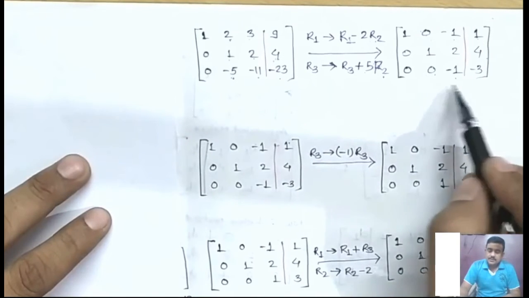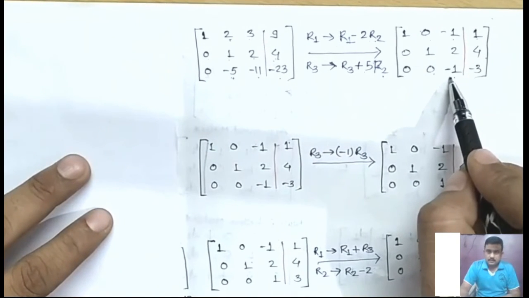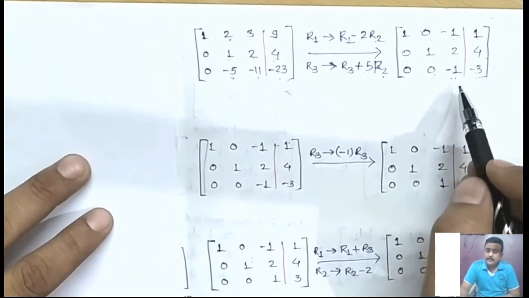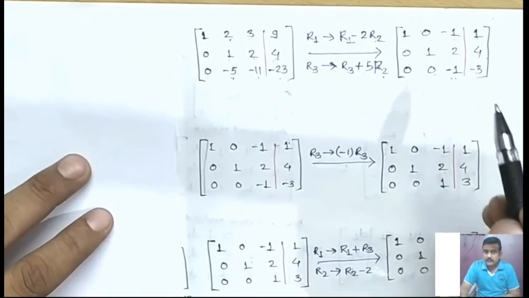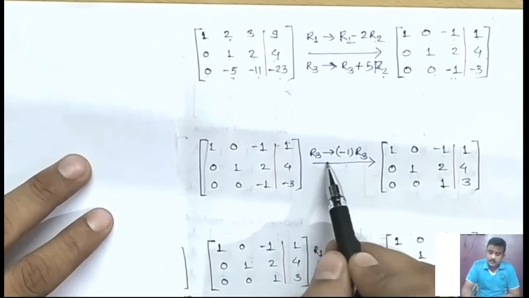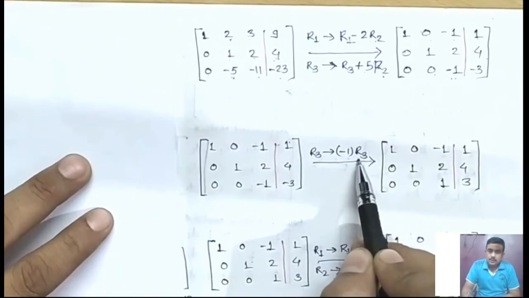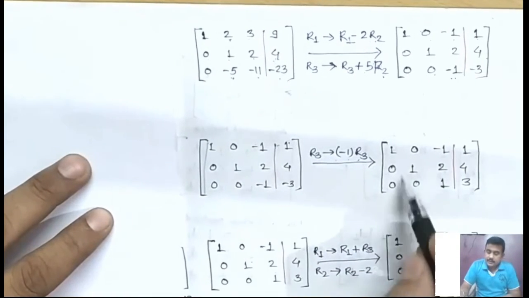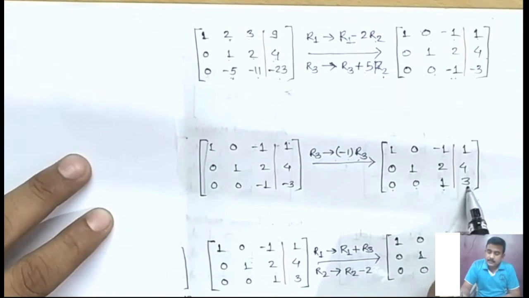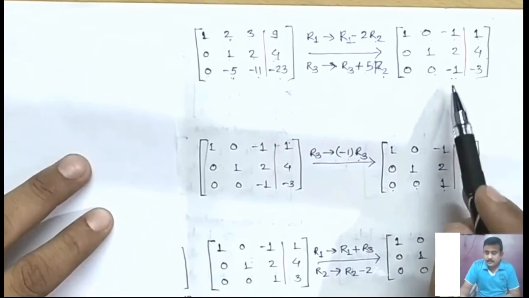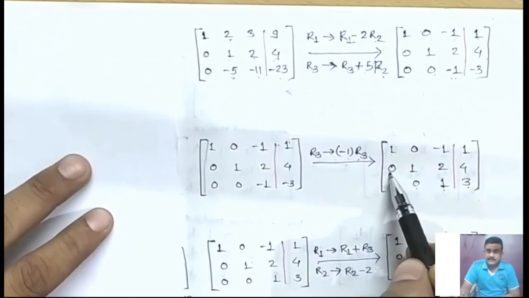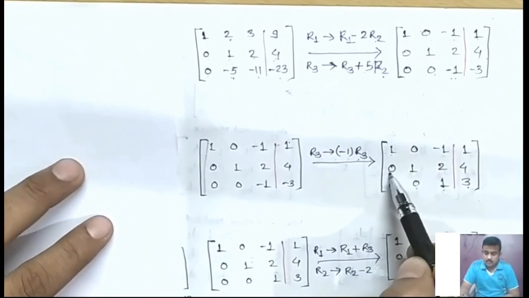Now at this position we need 1. Here we have minus 1, so we will multiply this row by minus 1. Minus 1 into minus 1, 1 will become 1. That's fine. The row transformation on row 3 will become row 3 changes to minus 1 into row 3. That's why we get 0 0 1 3. After multiplying by minus 1 we change these values. Minus 1 into minus 1, 1, minus 3 into minus 1, 3. That's fine. Row 1 and row 2 will remain as it is, because we are not going to perform any operations on these rows.